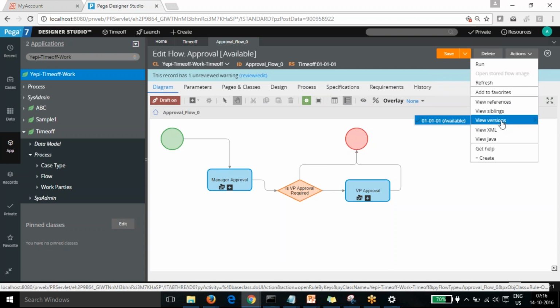Okay. And if you want to see the multiple versions of the same rule, you can see from View Versions. The multiple versions can be displayed here. Say I made the log and moved to the next version, and I want to make some changes to the same flow. So I move the copy to 010102 in the rule set. If you want to see what different versions are available, I can see that from View Versions.